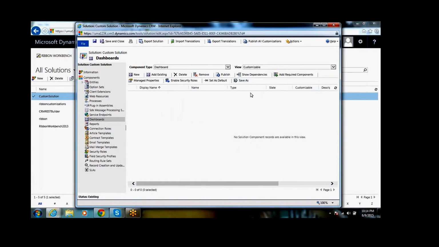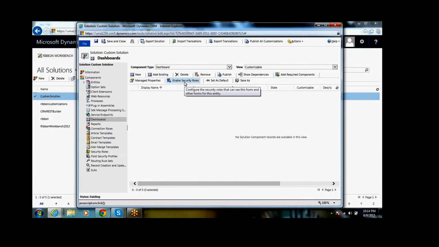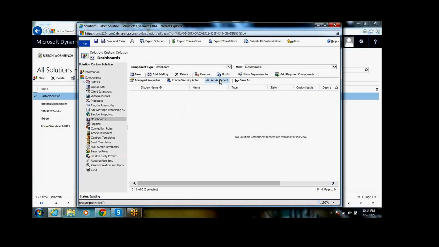Once the dashboard is created, we can enable it for particular security roles. If we select any dashboard and set it as default, it is the default dashboard for all the users in the system. Setting the default in the personal view is applicable only to that particular user.